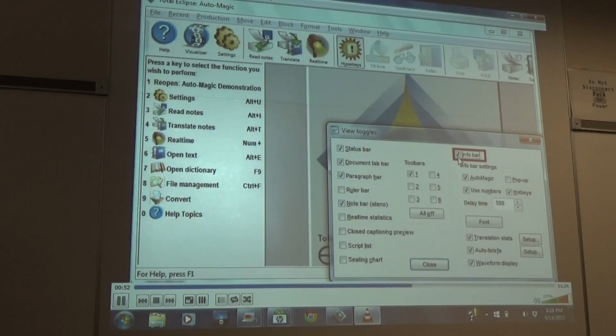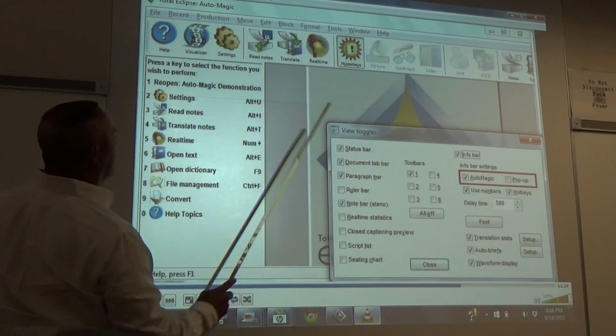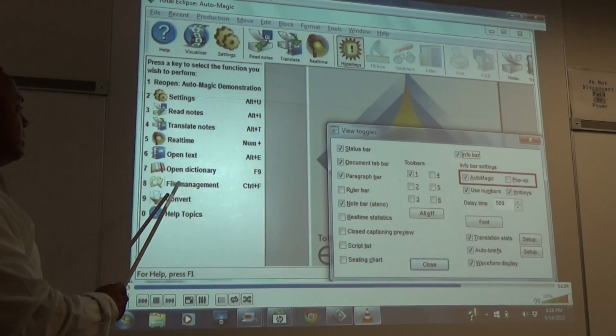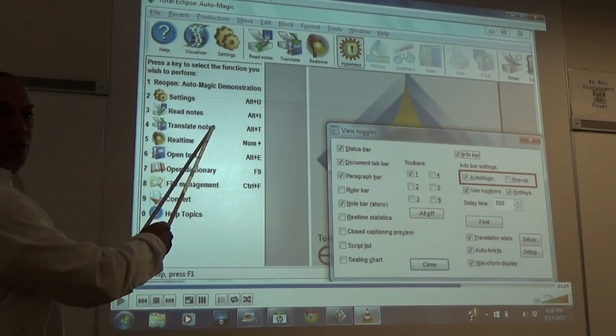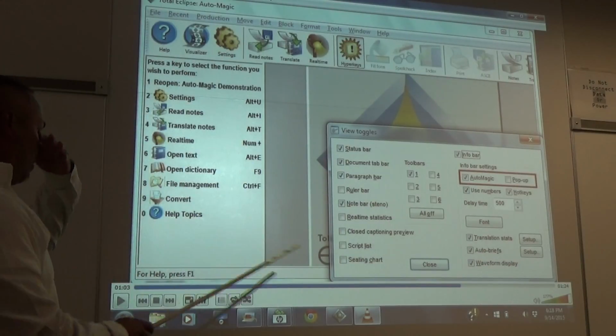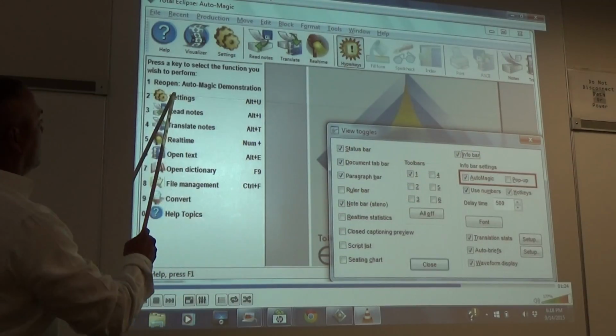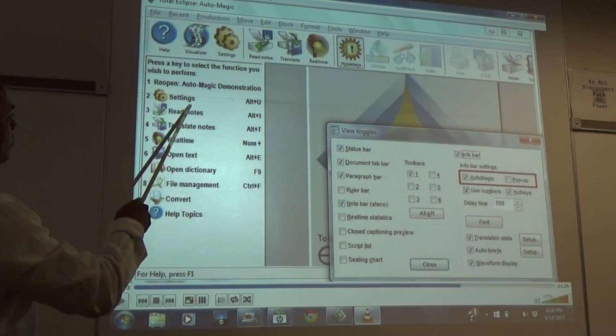Column at the left edge of the Eclipse screen. Here is where automatic choices appear most typically. As you move your cursor from word to word, Eclipse offers you the most likely editing choices. And on this, the Automagic is going to be like this. This is the Automagic right here. So when you have this on, that's the info bar, Automagic, and the Automagic gives you